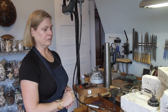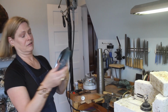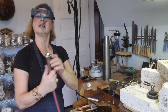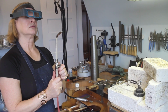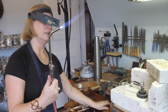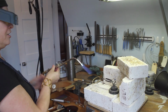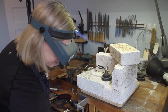Okay, so we're about to solder this bangle bracelet. The first thing I need to do is grab these optivisors so I can see what I'm doing. And then I am going to light the torch with my striker. You can hear the gas coming out, and then you can see when it's lit. And this is the fun part, being a metalsmith, really, with fire. So I'm going to take it in my left hand, I'm a lefty,